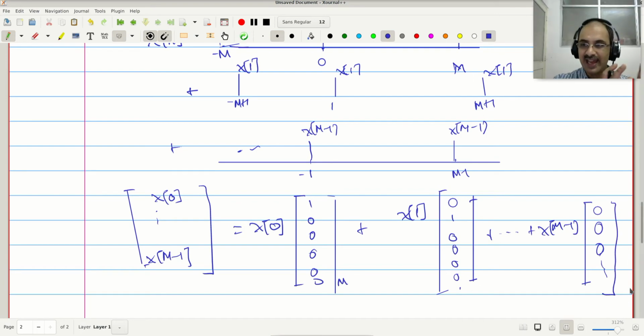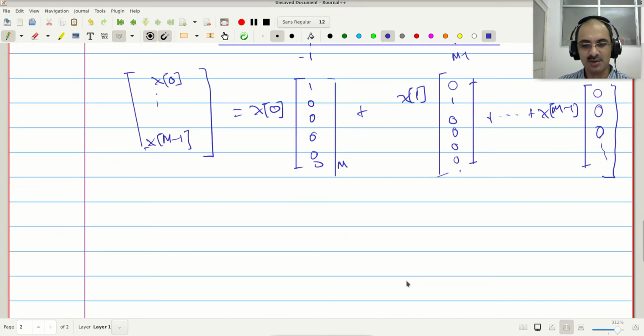So you are essentially expanding it in terms of 1, 0, 0, 0, then 0, 1, 0, 0, and so on, up to 0, 0, 0, 1, and these are actually like axes. You can express this as x0 along the 1, 0, 0, 0 axis, x1 along the 0, 1, 0, 0 axis, and so on. It turns out that since 1, 0, 0, 0, 1, 0, 0 is like a basis, it turns out that